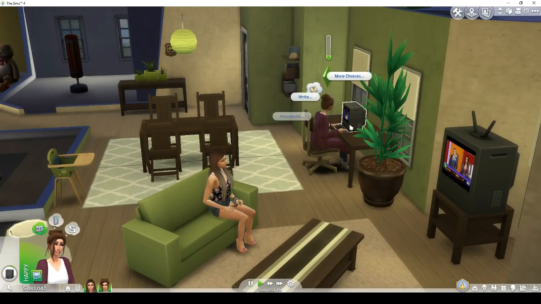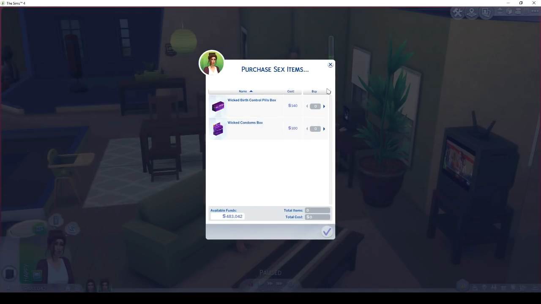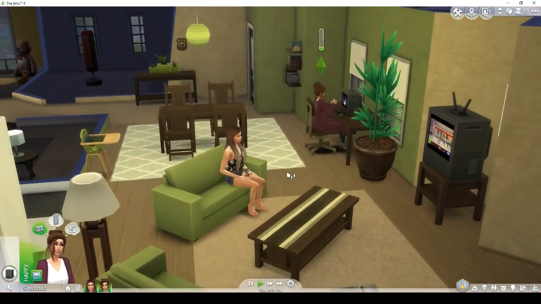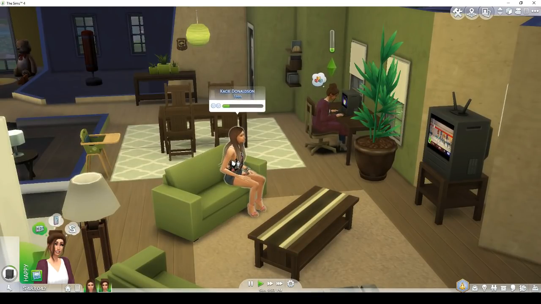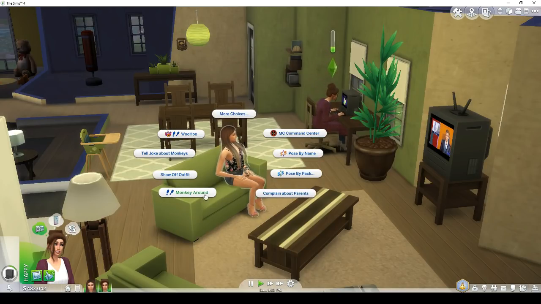If you click on your computer and go Wicked and purchase sex items, you can purchase birth control and condoms if you care. There's also settings to just never get your sim pregnant. But anyways, this is a sim. I mean, no shit. This is a teen sim. So with the Wicked Whims mod,